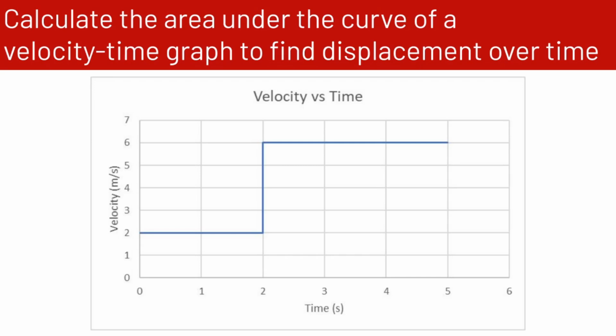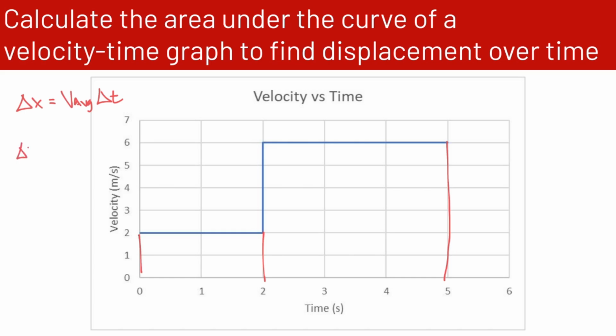So we're going to start in this example using the mathematical formula. So we're talking about delta x is equal to the average velocity times delta t. So we're talking about average velocity here, and since this graph is in two pieces, so we have these two chunks, we've got to do both chunks separately. So our average velocity for this first chunk is 2 meters per second.